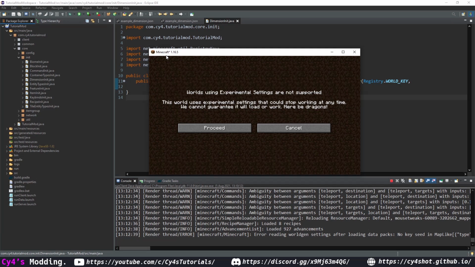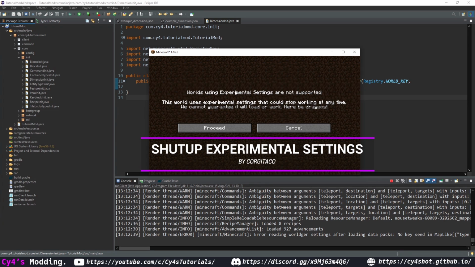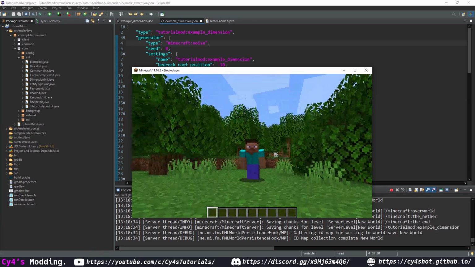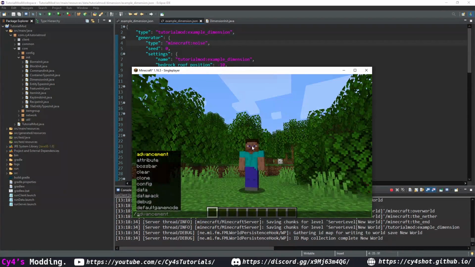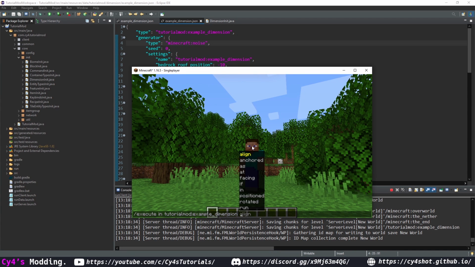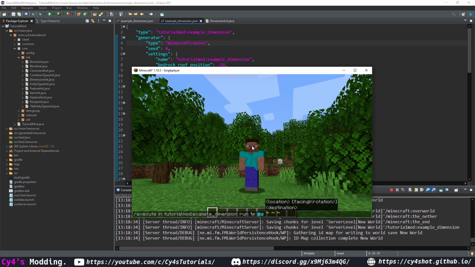When we create a new world, you'll see the experimental settings screen. You can always install the Shut Up Experimental Settings mod by Corgi Taco to get rid of this screen. So let's hit proceed. Once we load up the world, we can run the following command: /execute in tutorial mod dimension run tp @s and then 3 tildes, and this is going to teleport us to